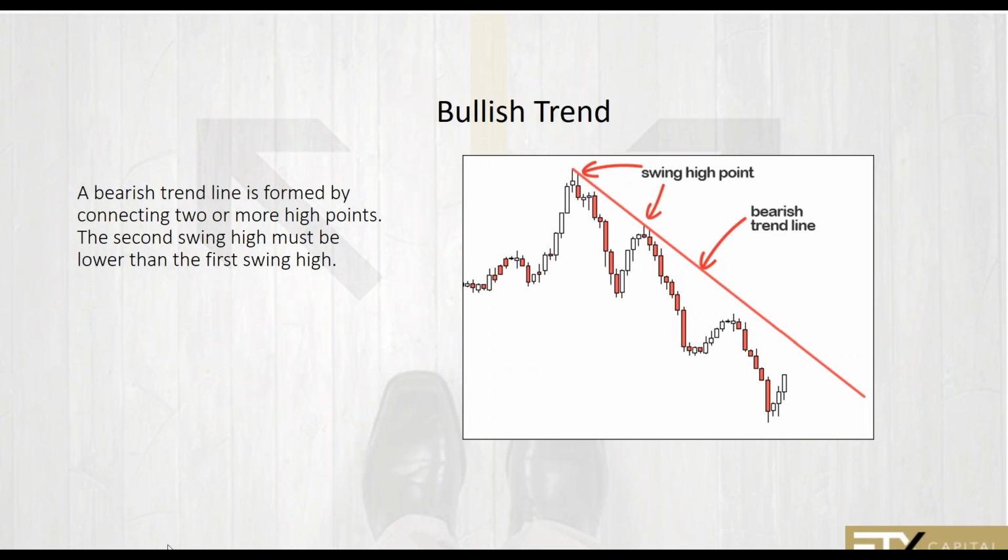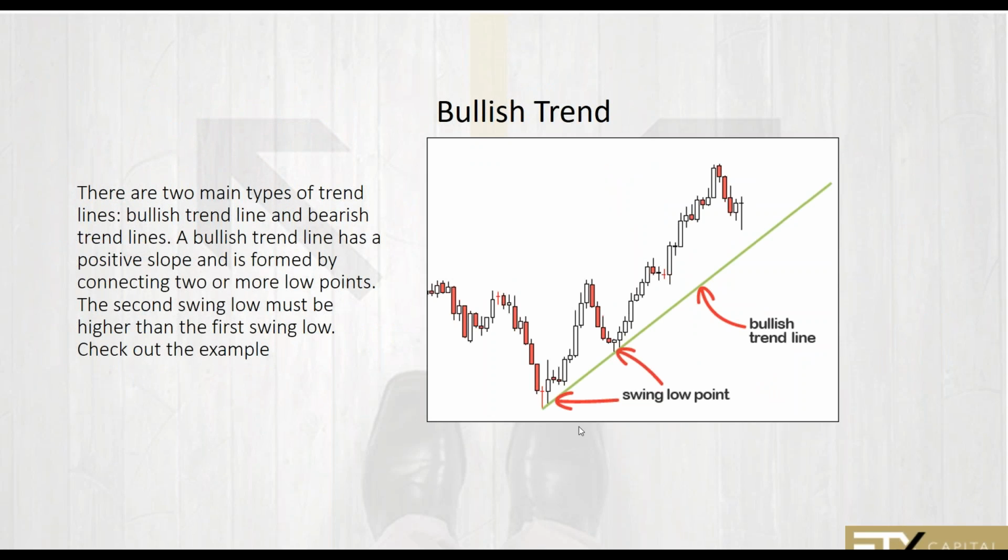So as we can see on this chart, this was the swing low. As you notice, we were in a downtrend. This is where the downtrend reversed and started moving up. So this is considered the swing low. It's the lowest point the price made when moving into the uptrend, or the lowest price that the asset